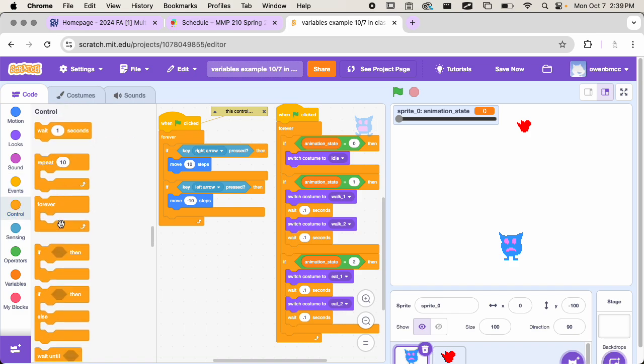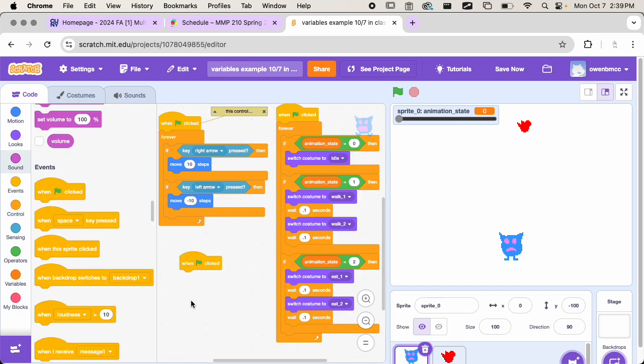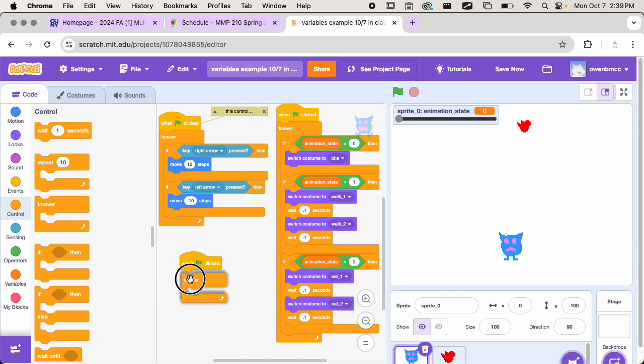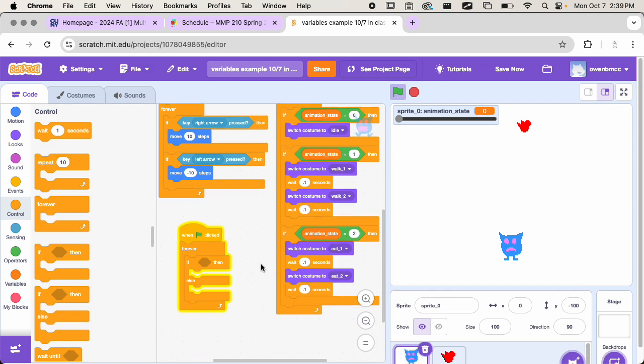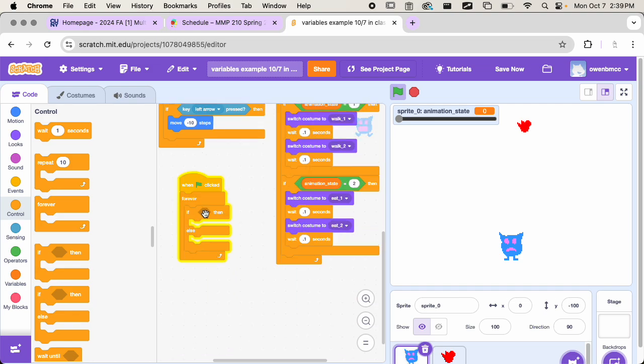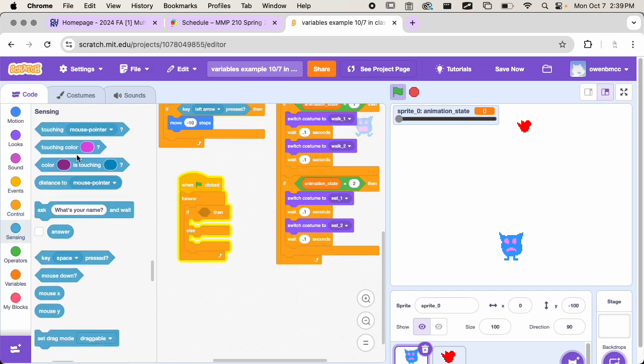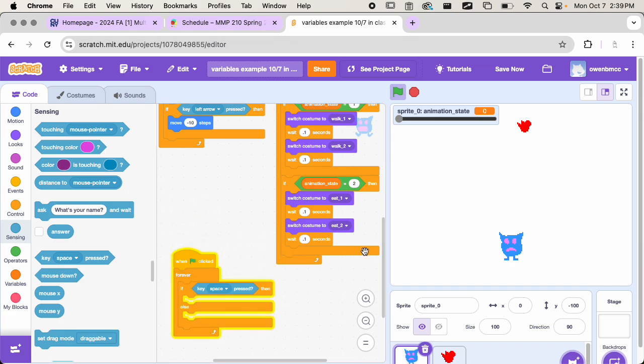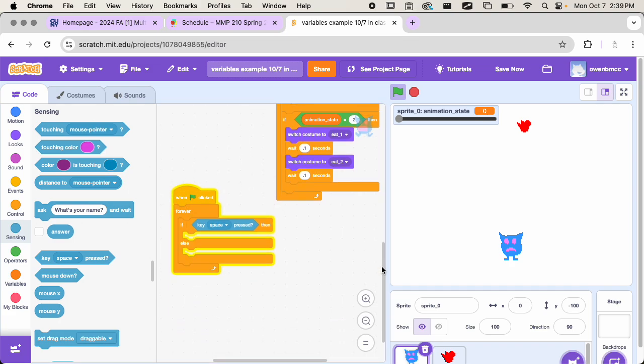I'm going to add a little green flag clicked. I'm going to add a little forever. And this is where we're going to look for our key pressed. So I'm going to say if... actually, let's use an if-else. Okay, so here I'm going to look for a key press. So that's in my sensing section. And I'm going to say if key is pressed. And then I'm going to change this a little bit. Let's get some more space down here. I'm going to look for either key,